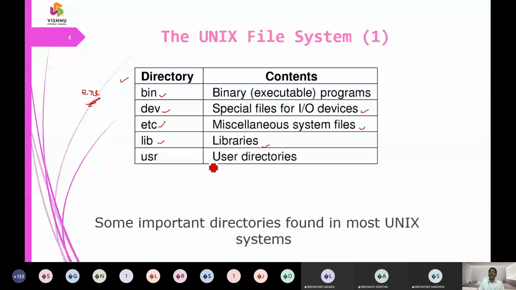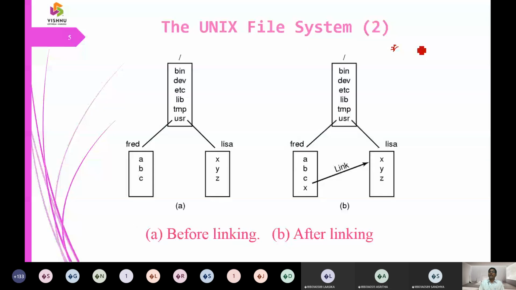The implementation of a file system can be cyclic or acyclic. Here you can see a tree structure, and here you can see a graph structure. A file system is represented either in a tree structure model or a graph structure model. This one is before linking of the files, and this one we call after linking of the files.